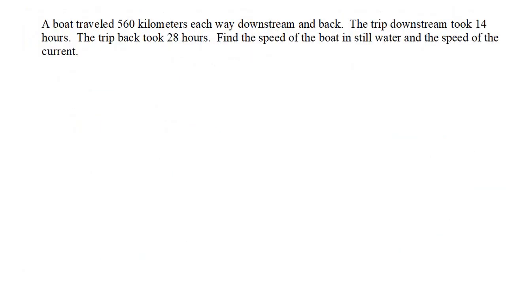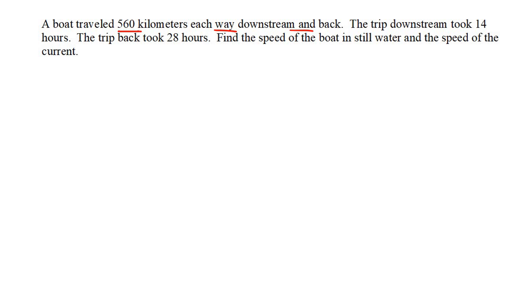Here is our last example. If you've made it this far, well done. This is our last one. So here we have a boat that travels 560 kilometers upstream and downstream. Remember that the river that the boat is traveling on would obviously be flowing, just like the wind when the aeroplane was busy flying. So if the boat is going with the river, it goes faster. And when the boat is going against the river flow, then it goes slower,